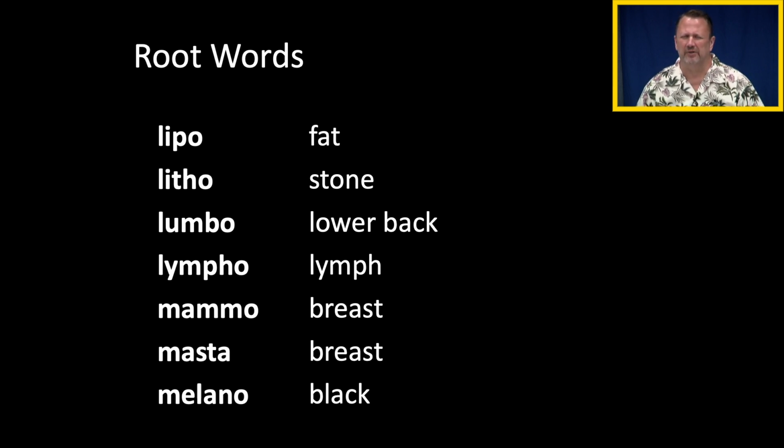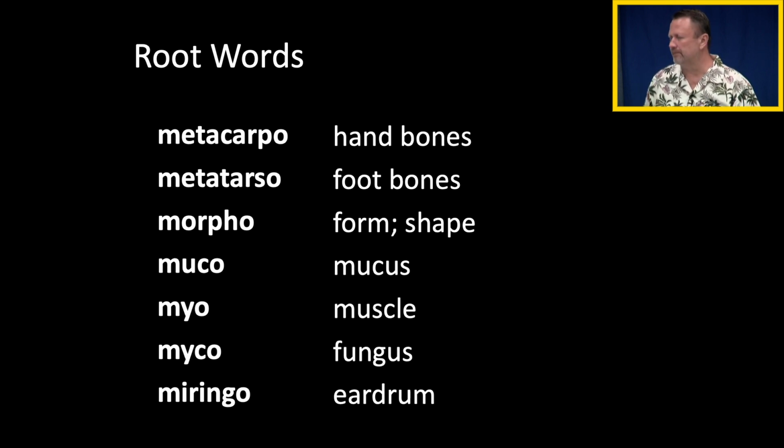Melano refers to melanin, which has a brown-black color. And so a melanocyte is the little skin cells that make the black color. All right, so these are the carpal bones. The metacarpal bones are right above those, or distal to the carpal bones. The tarsal bones are the small bones in your foot that are the equivalent of the carpals. And so the next set of bones distal to those are the metatarsal